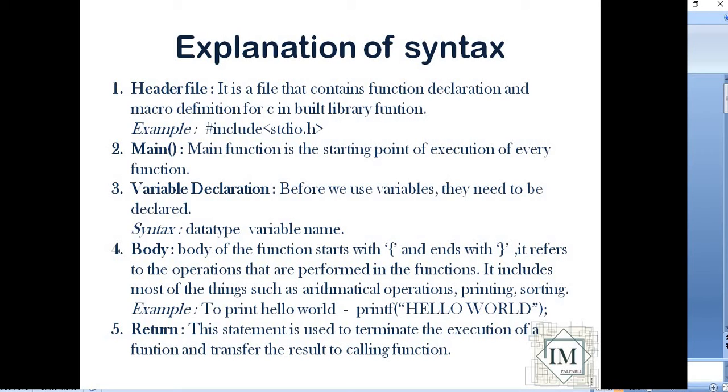Third, variable declaration. Before we use variables, they need to be declared. Syntax: data type, variable name. Fourth, body. The body of the function starts with a curly bracket and ends with a curly bracket. It refers to the operations that are performed in the function. It includes most of the things, such as arithmetical operations, printing, sorting. Example: to print hello world is printf("hello world");